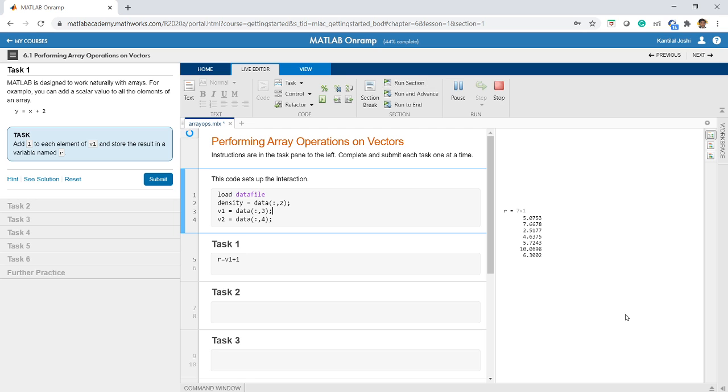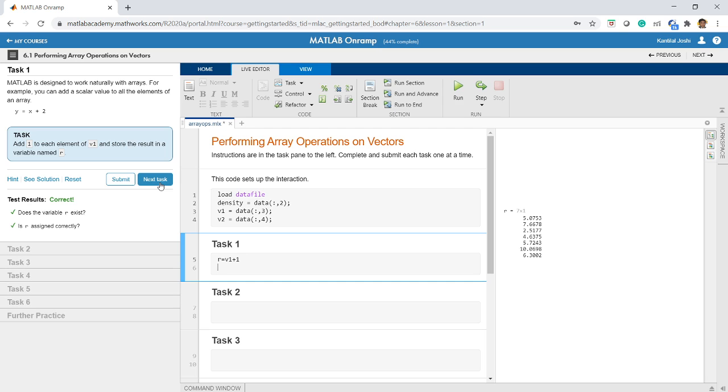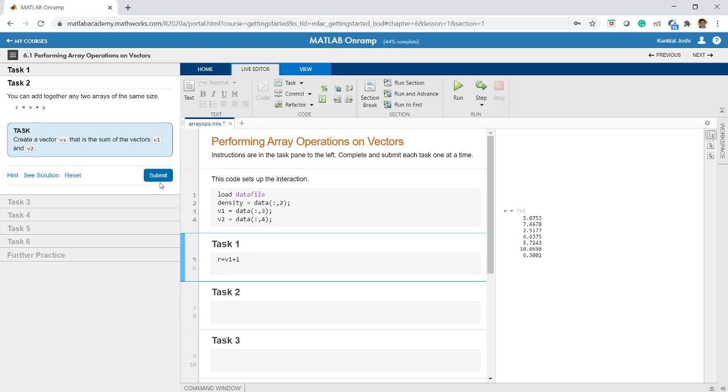Okay. So v1 was originally a matrix of a size 7 by 1. Okay. So there were 7 rows and 1 column, and now we are adding 1 to that. So if you add 1 to that, all elements will be increased by 1. So all these values are increased by 1. So this can be done. It's very simple. Simply add a number to the matrix. New matrix will be with all the values incremented by that. Let us do the next task.